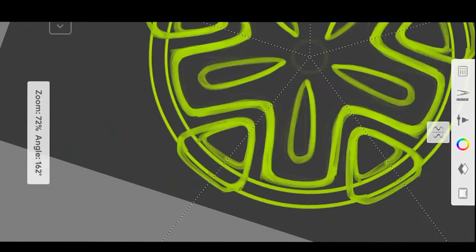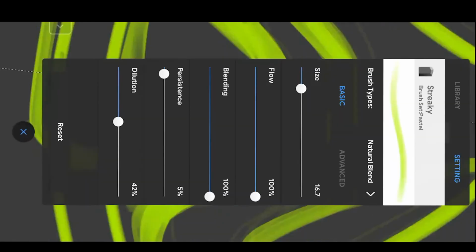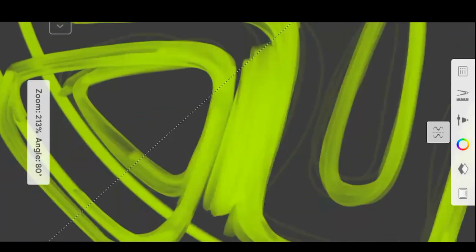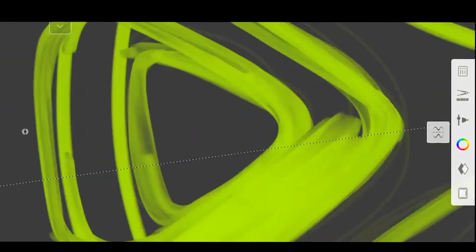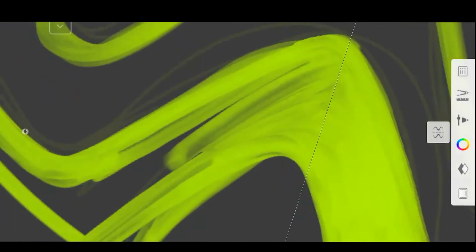Now what I will do is I will increase the size again a little bit, and now I will fill color here, this green color itself. As this is a pastel, it takes a little time.